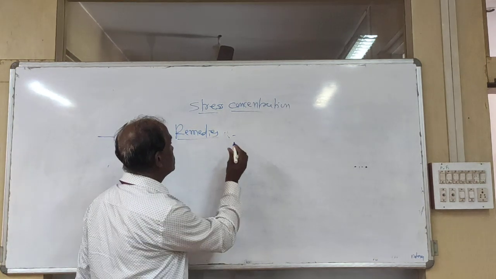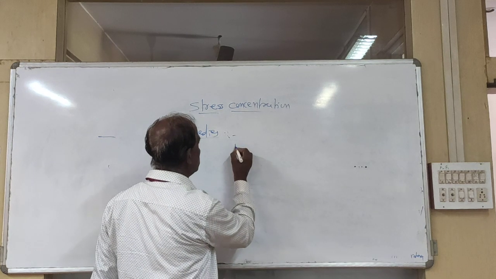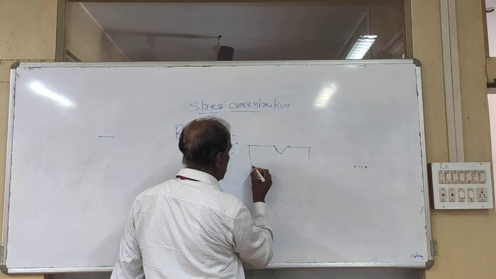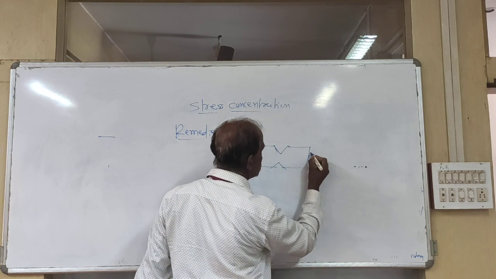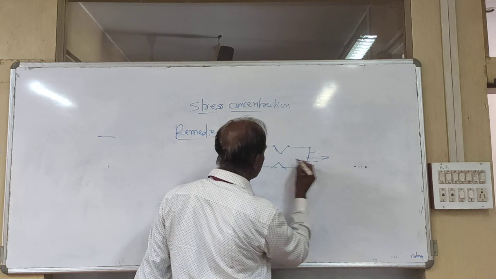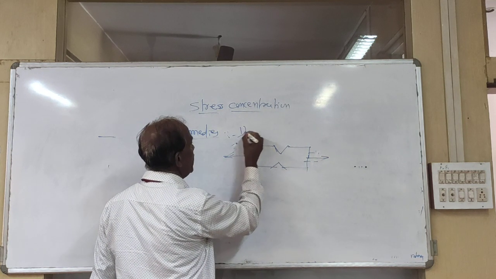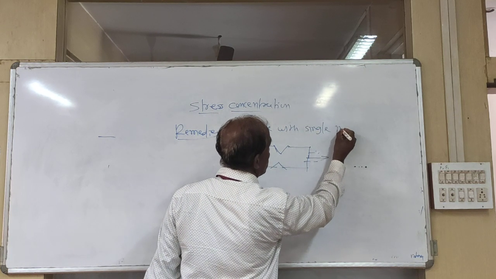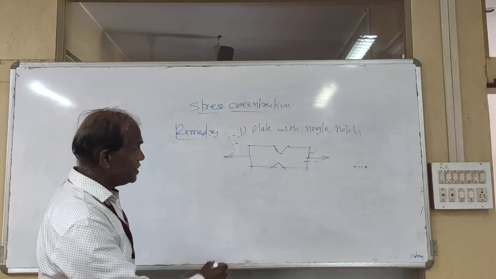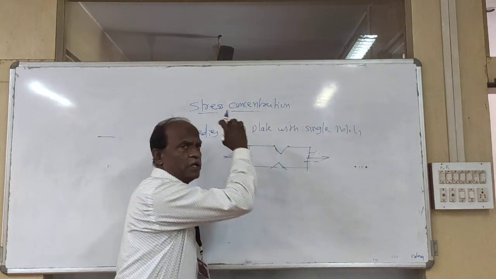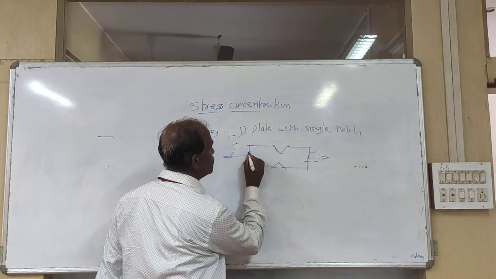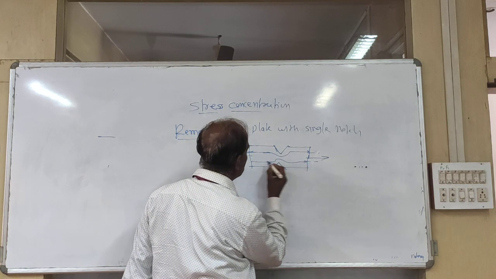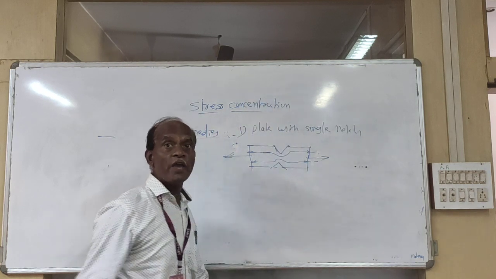For example, suppose you have one particular component. This is your plate here, and one single notch is provided on this side. The pulling point is on the other side. Around this region, because this feature is required there, the stress distribution pattern will be like this. So around this region, stresses are highest.